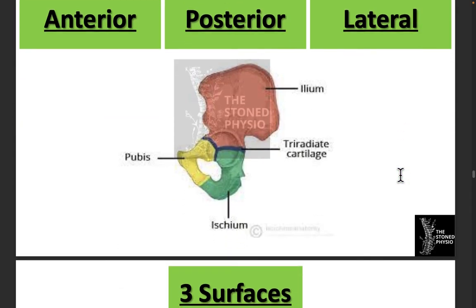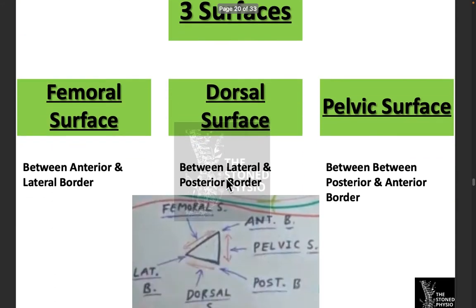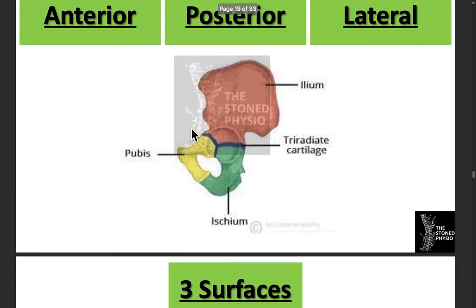And likewise we can talk about three different surfaces. A surface between the anterior border and the lateral border, this particular surface, is called the femoral surface. Don't call it the anterior surface, this is called the femoral surface. Why femoral surface? Because of course we have got the head of the femur present here, and then we can see the shaft and the neck of the femur, and they pass through this particular surface of the ischium, and that's why we call this surface of the ischium between the anterior and the lateral borders